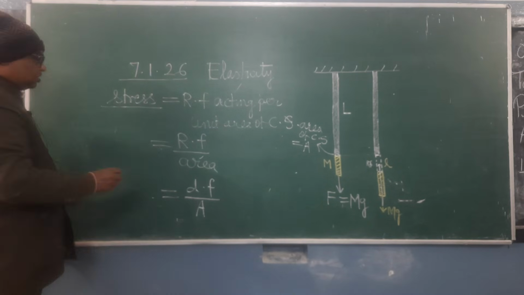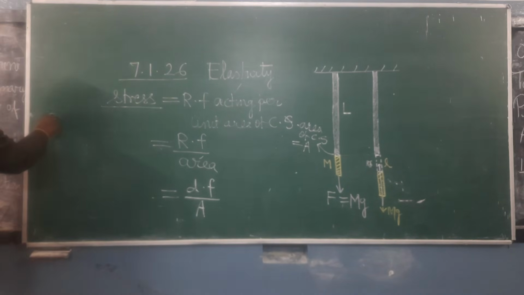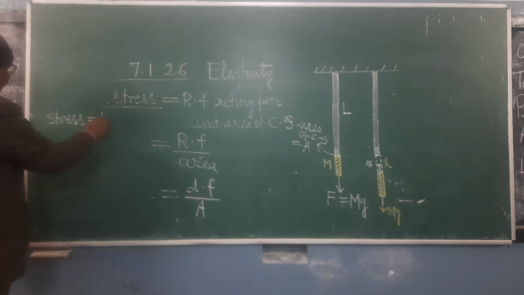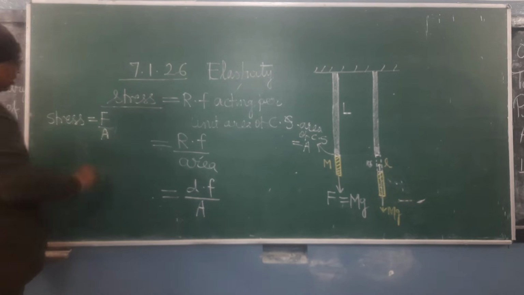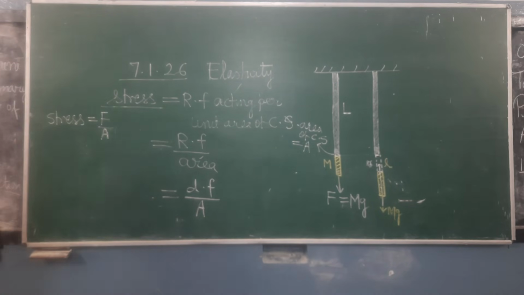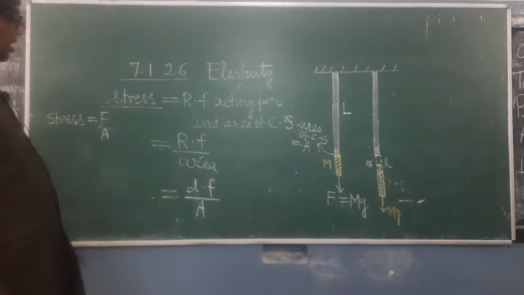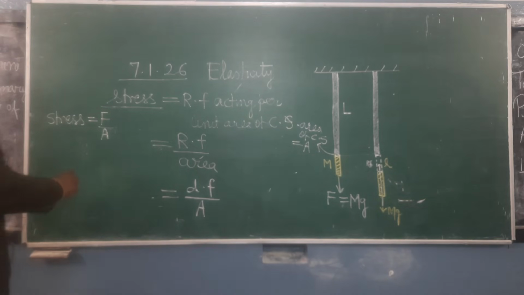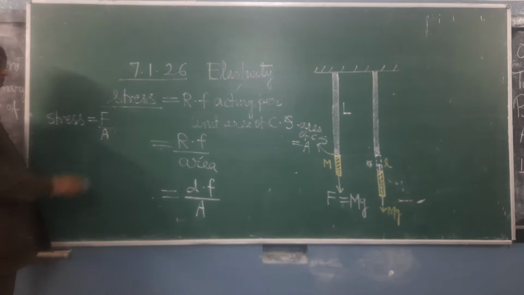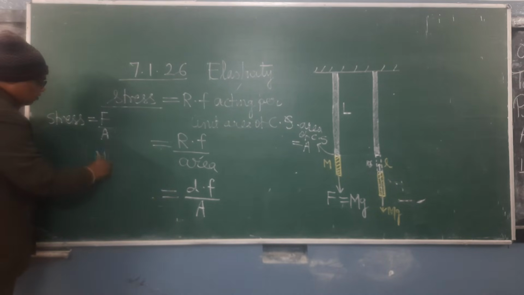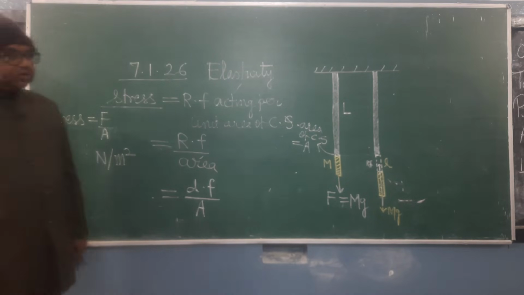Means what is stress? Stress is simply force upon area. Force upon that area on which the force is acting. The area on which the force is acting, that is the stress. What will be the unit of stress? Stress is force, unit Newton, and the unit of area is meter squared. It will be Newton per meter squared. Now see here,